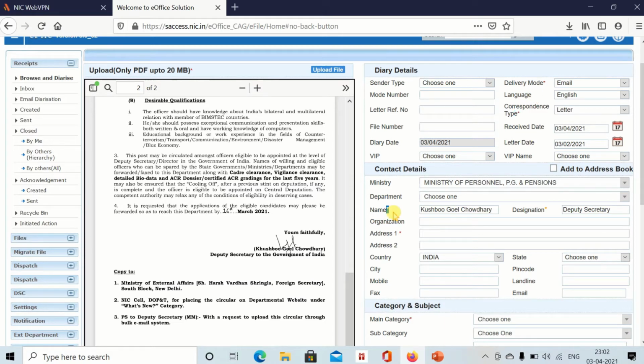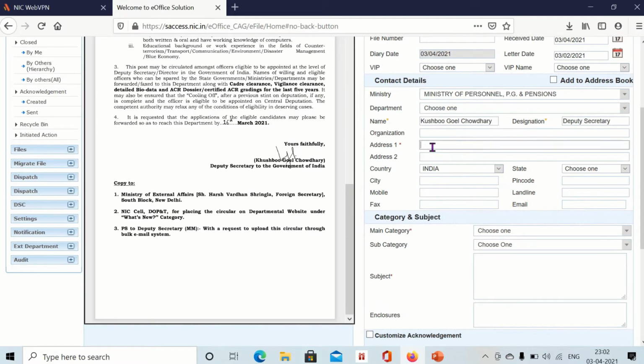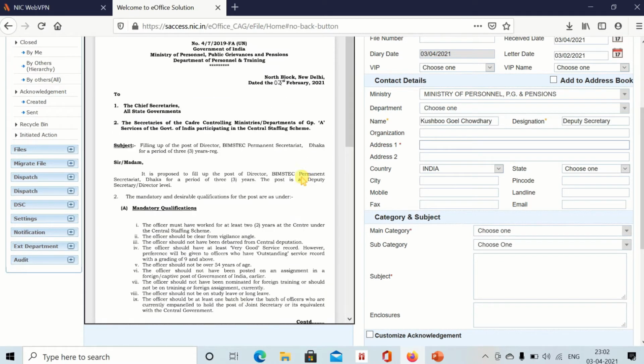And these with yellow color mean you can either enter name or enter designation, anyone will do. And address, from where it has come, Delhi, New Delhi. And these are not mandatory and there is no asterisk mark, no need to select. If you enter the details also, no problem.